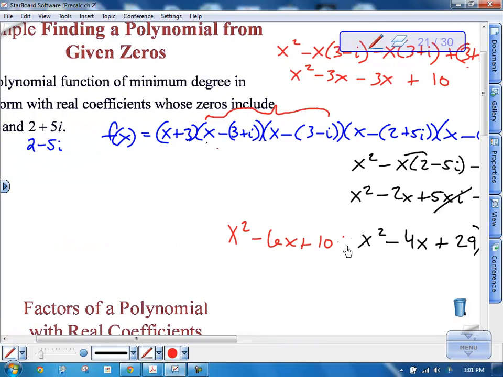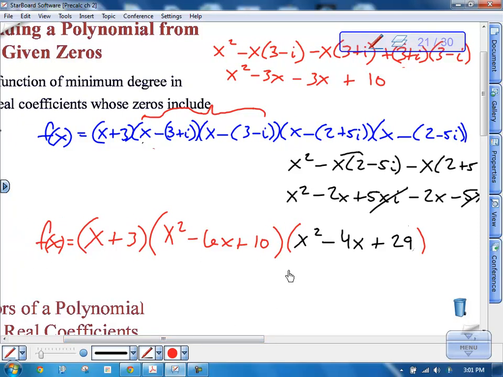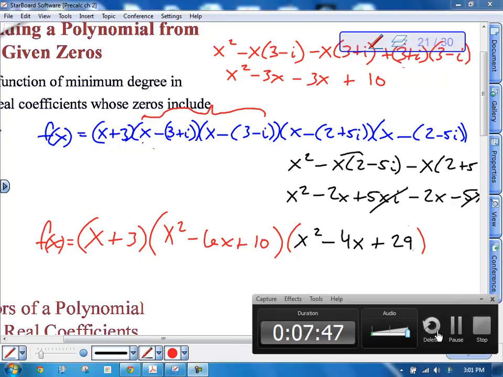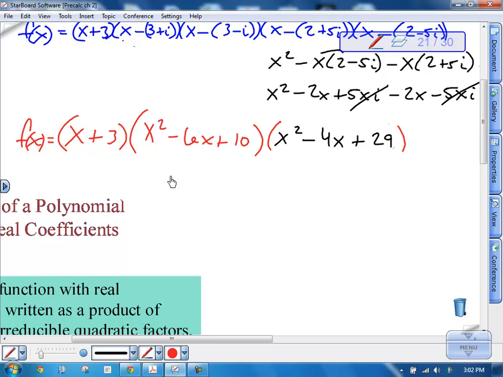I don't need these parentheses. And then I still have, I'm sorry, I do need these parentheses. This is being multiplied now. And then I still have x plus 3. So there's a polynomial with real number coefficients. I could FOIL this out even more, and I'm going to do that because it does want it in standard form. I know this is a ton of work, but I'm going to start with these two trinomials, multiply them together,